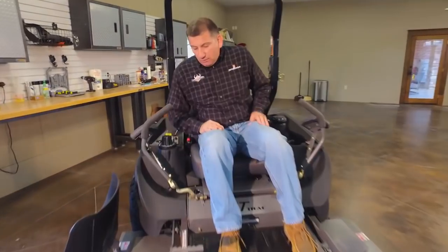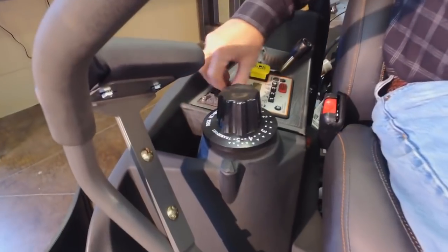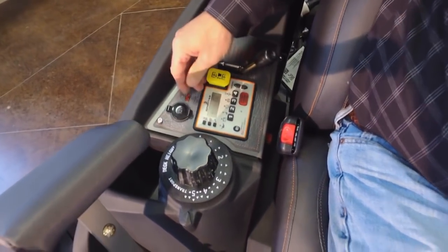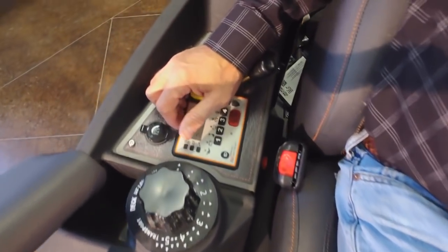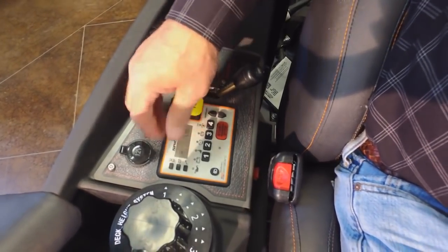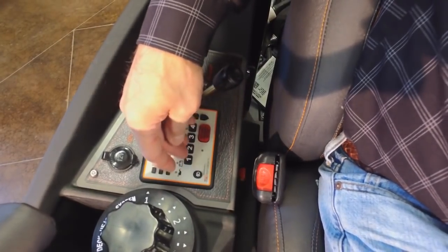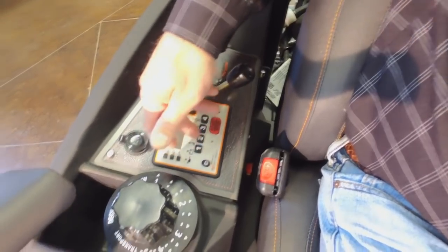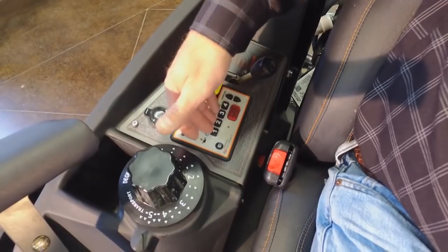So we have a phone pocket, a real deep pocket for your phone. We have a phone charger built into the system here. And then we have the instrument panel here that will tell you when to change your oil the first time at 25 hours, and then it switches to 100 hours after that. It's got soft start. It's all programmable. You just put your own code in, so that you never have to have a key. And this machine here is set up for the code on this 2412, but you can customize